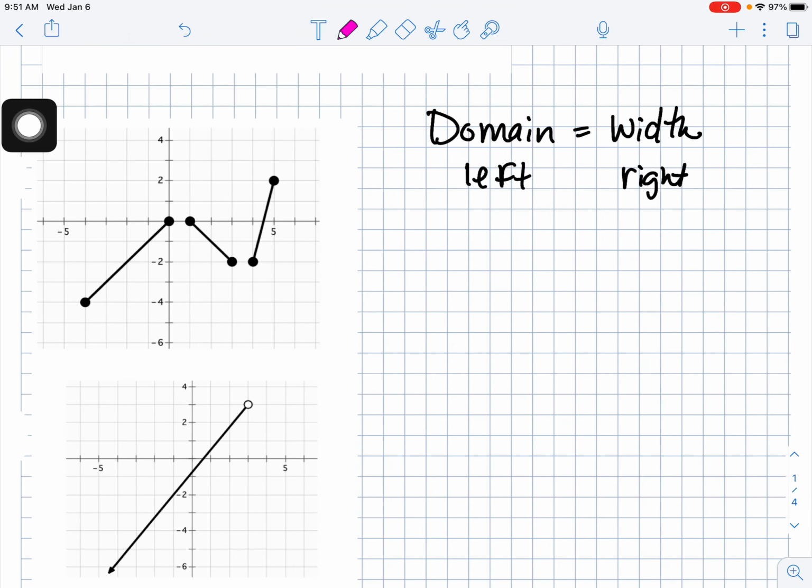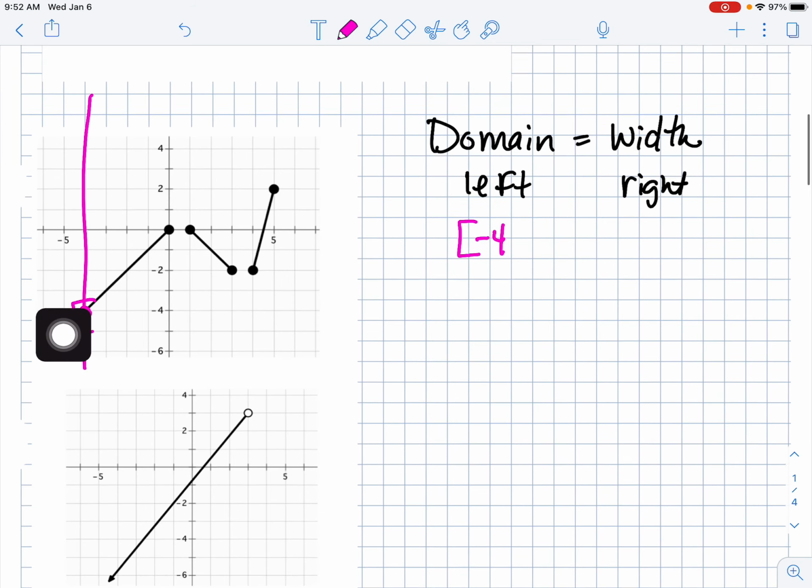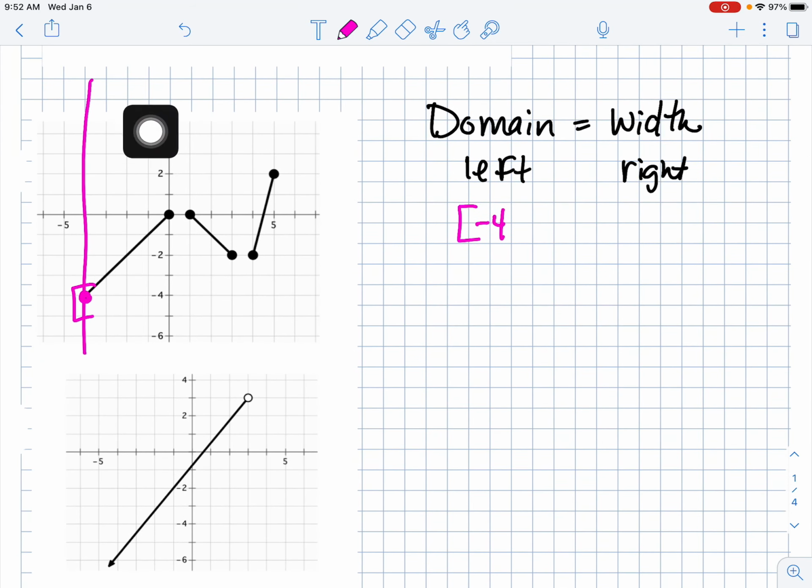So looking at this graph, I'm going to crop it. My leftmost point is right here. And it's a closed circle, so that means a bracket. So I go from that point, which is negative 4, right? It crosses the x-axis at negative 4. And then it's a continuous line all the way to 0, right? And that point is a closed dot, so I would do a bracket there also. So my domain goes from negative 4 to 0,